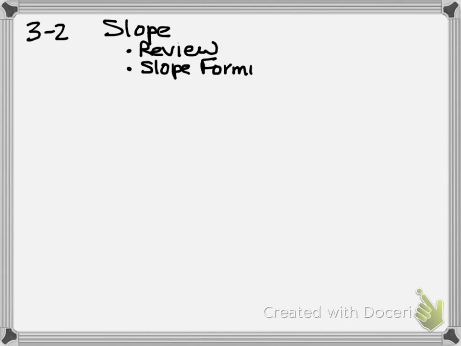We're going to talk about slope. And two components is we're just going to review the old strategy of how to figure out slope from a graph with rise over run and from a table in the change in x and the change in y. And then we're going to talk about the slope formula, which limits the amount of information I need in order to calculate slope. And so today's date is